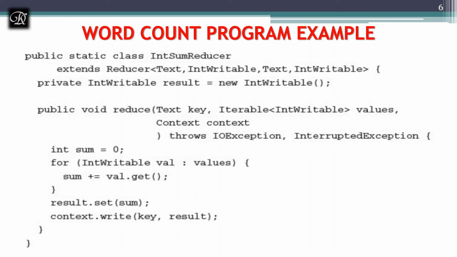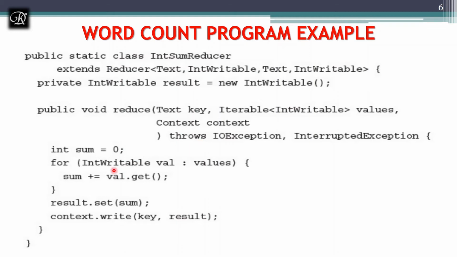We are having a reducer. In the reducer, like the mapper, it's also one more internal class of the class WordCount, and here we are extending this class from the Reducer. Again, we are using the generics standard over here. Next we are going to write a reduce function, which is going to take those generic parameters, and if there are any issues, it's going to handle them with the exception.